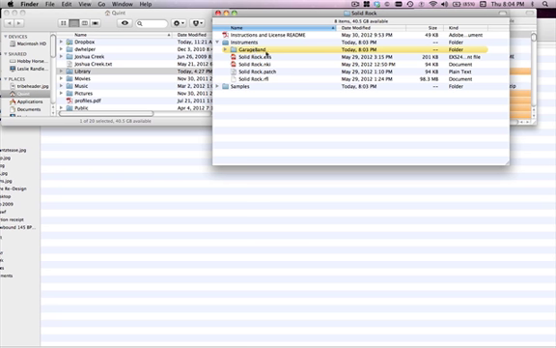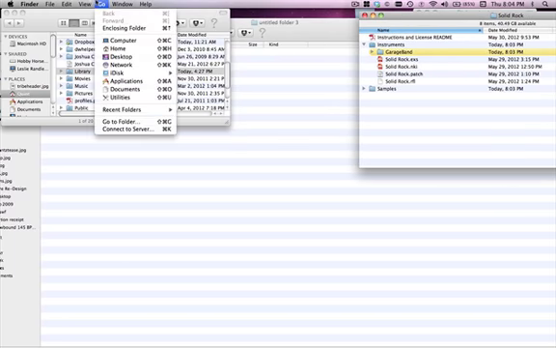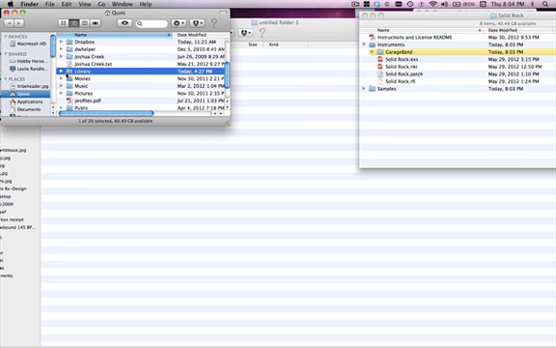You'll notice there's a GarageBand folder. You're not interested in that. You're just interested in this .exs file, as that is the Logic instrument. So we're going to move that over here, and we're going to easily install it by going to Home, Library,